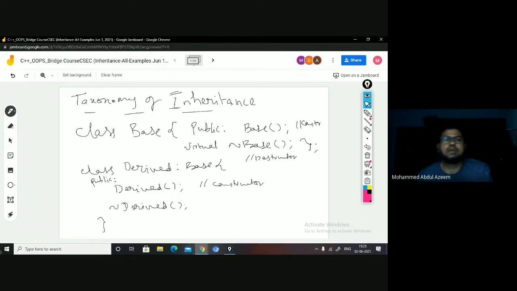So we have seen in the last class the taxonomy of inheritances, the classification of inheritance. Before that, we have seen how the constructors and destructors, if they are there, are taken care of in inheritance. When the derived class object is created, how the base class constructors and destructors are taken care of by the derived class constructors and destructors. So this one we first discussed, and then